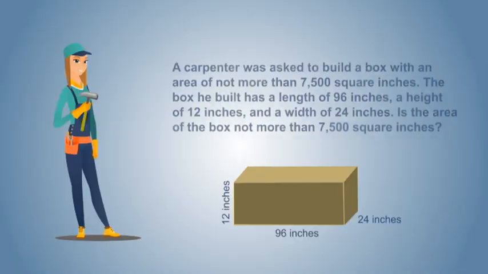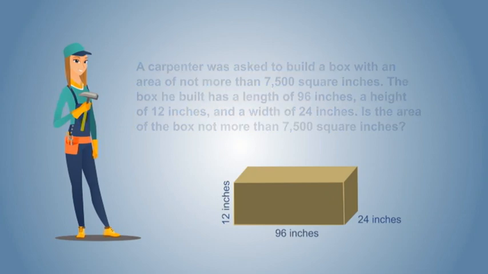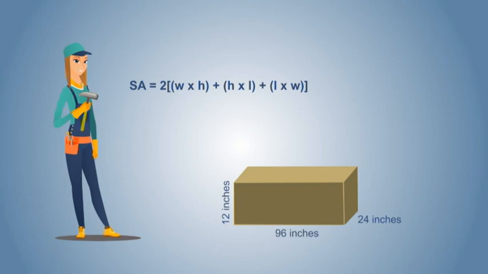Example 1. A carpenter was asked to build a box with an area of not more than 7,500 square inches. The box he built has a length of 96 inches, a height of 12 inches, and a width of 24 inches. Is the area of the box not more than 7,500 square inches? For this problem, we can use the formula for the surface area of a rectangular solid, since that is what most boxes are. That's SA equals 2 times the quantity W times H plus H times L plus L times